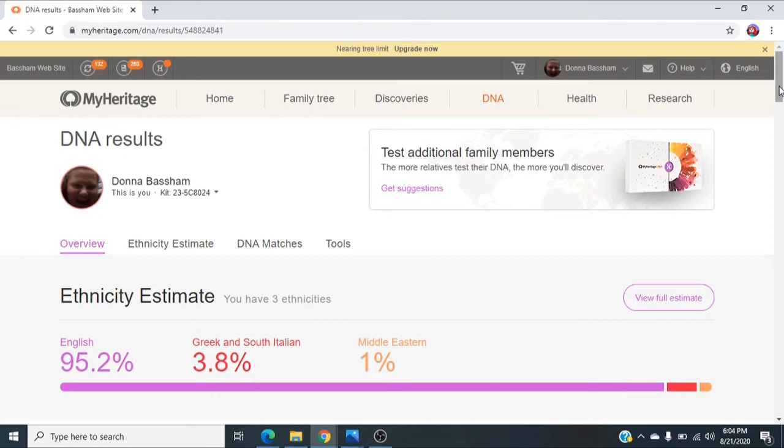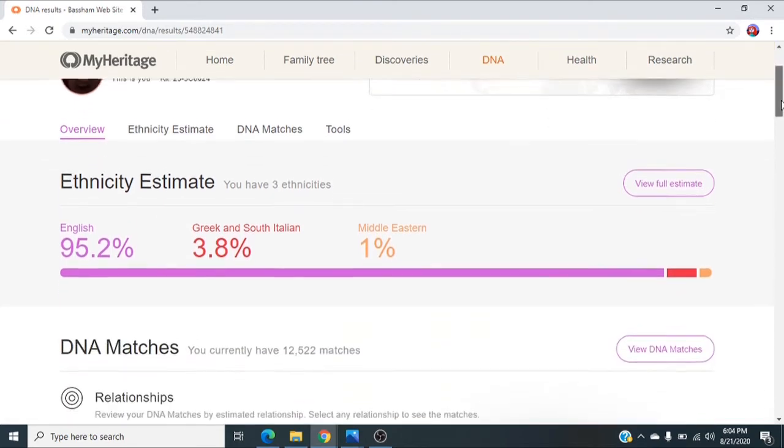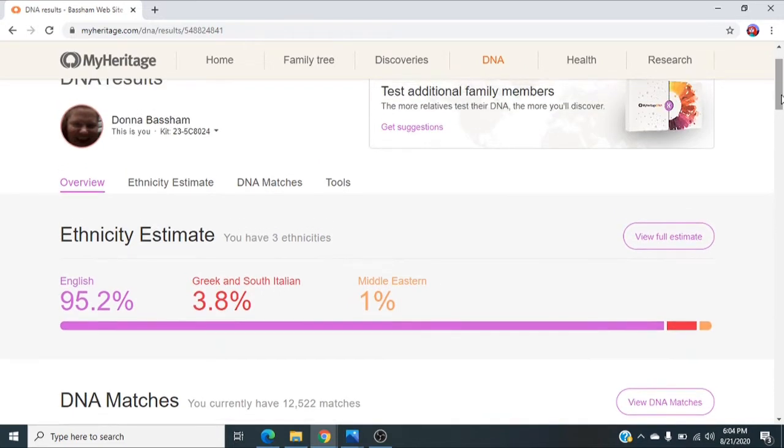two raw DNA kit uploads from Ancestry.com and 23andMe that I uploaded to MyHeritage a while back. And I believe I have posted this in other videos. But just to give you guys a reference point as to the differences in the reports and my feelings about it,